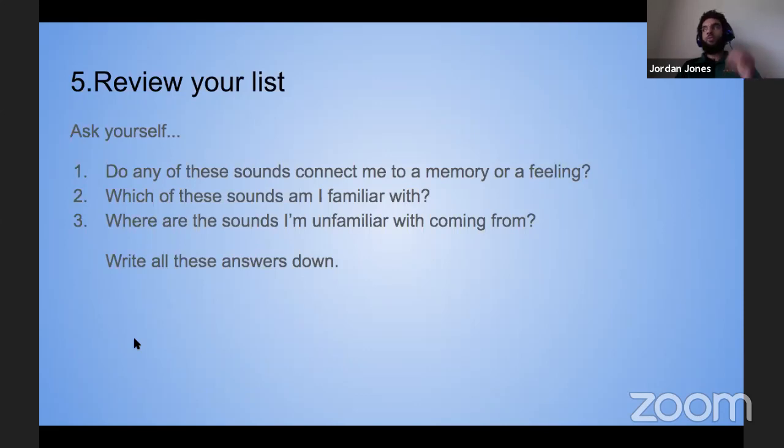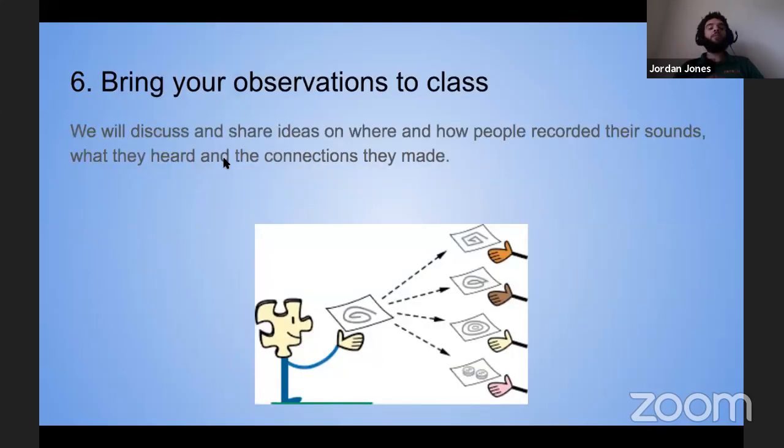Make sure you try to get as much on that piece of paper as you can in terms of the sounds that you write down and the answering of the questions at the end. Write all your answers down and then bring your observations to class. We're going to discuss and share ideas on where people recorded, like maybe somebody found a unique place to record, and what did you hear. I also want to hear a couple of clips of some people's sounds. So when you upload it into BandLab, that's important, so that it'll make it easy for you to share when we come back to class on Thursday.